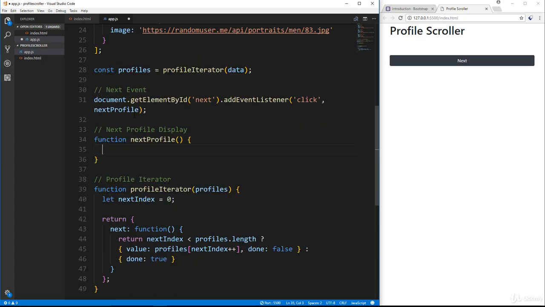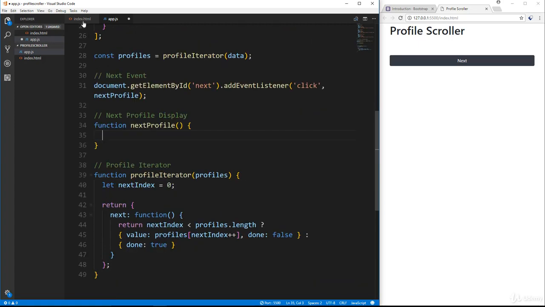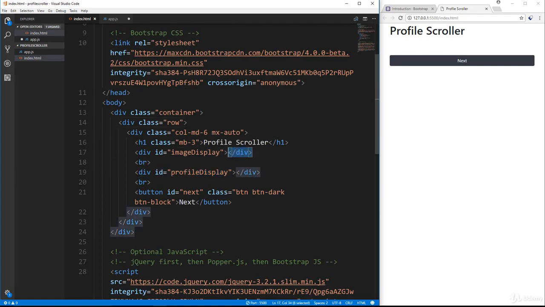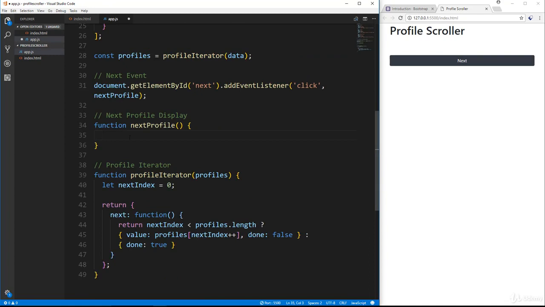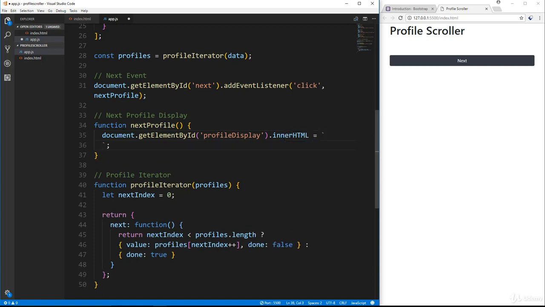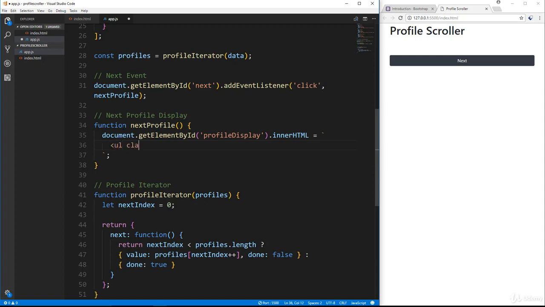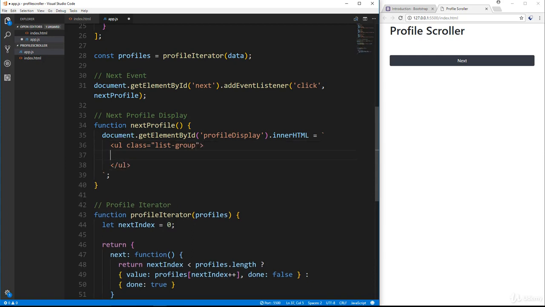And in here, what we want to do is, remember we have this profile display and image display. That's where we want to put the content. All right, so let's say document.getElementById, profile display, and then we want to add innerHTML equals backticks. We're going to use a template literal here, and we're going to put in a UL, give it a class of list-group because we're using Bootstrap. All right, and then we want to put in an LI with a class of list-group-item. And in here, we want to put the name, and we'll be able to access that